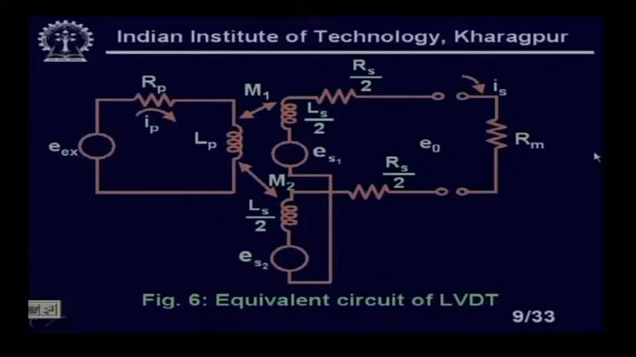Now I want to write the KVL around this loop. That means on the primary side I will get